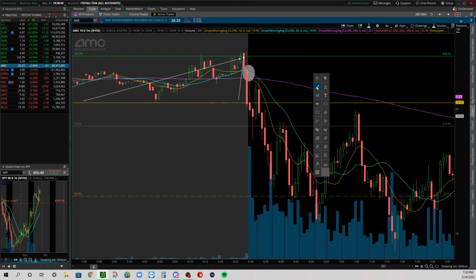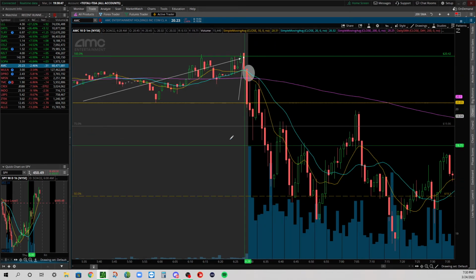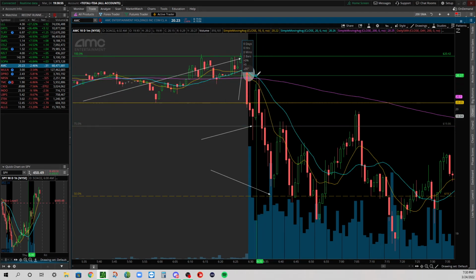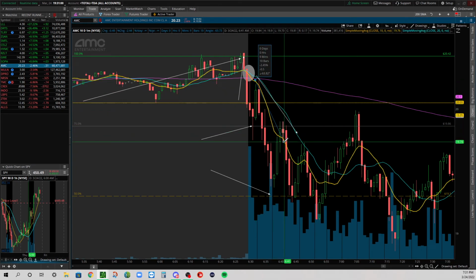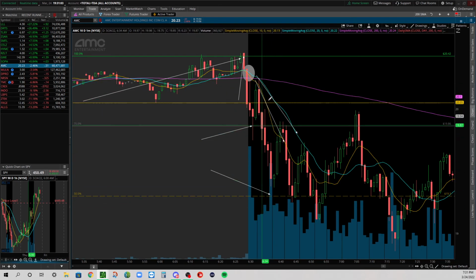And here's how you can ride these moves longer. We know that you can scalp and get out here, and we know that you can scalp and get out there. But one thing's for sure: when the 10 and 20 have a strong trend in that direction, the likelihood of it breaking for a reversal is very low. As you can see, it tested, bounced down, and then tried to hold this support level area, this line, and that's why you see this long wick. It bounced back up to the 10 and 20